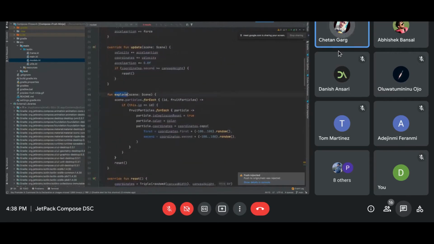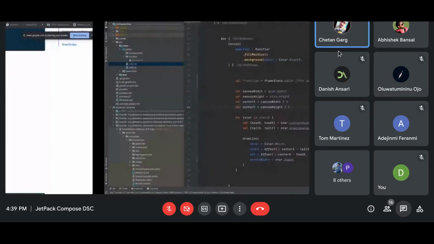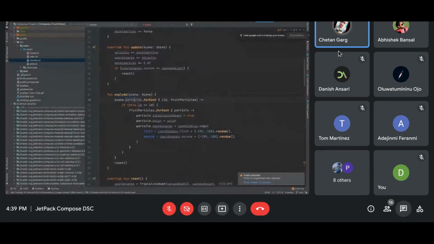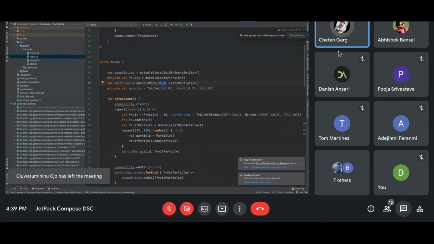Now the other thing is the explosion. You see this item gets exploded on touch, when the distance is 0. Let me show you what I'm doing on exploding. On exploding, I have added specific particles. I have a list of particles and a list of fruit on my scene, and every fruit is related to the particles with an ID, so this int is an ID. I'm adding 5 fruits, and these 5 fruits create a random 25 to 100 particles and add those particles to the fruit.